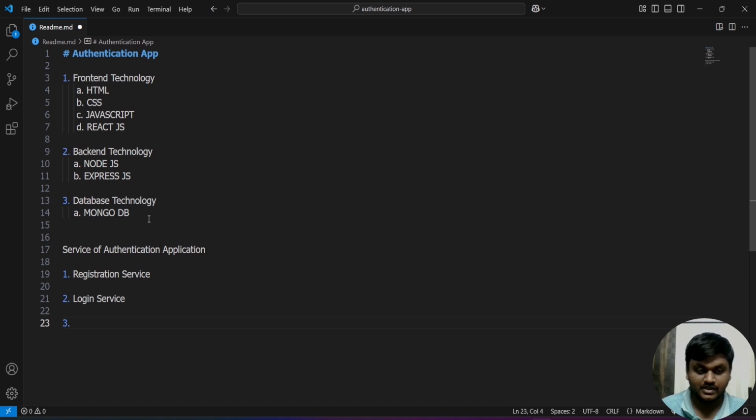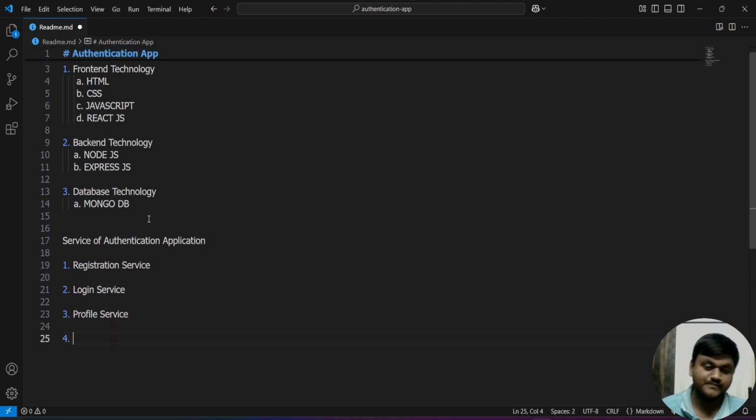One more is profile service, or getting the profile information service. You can take the user registration service, user login service, user profile service, and reset password service,